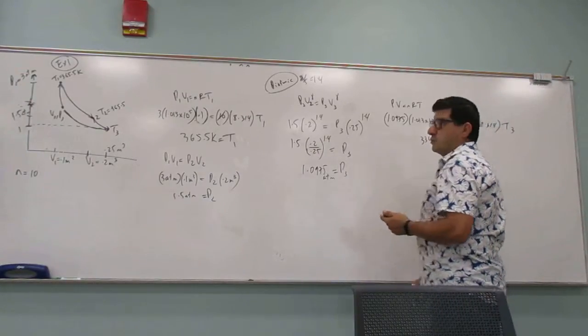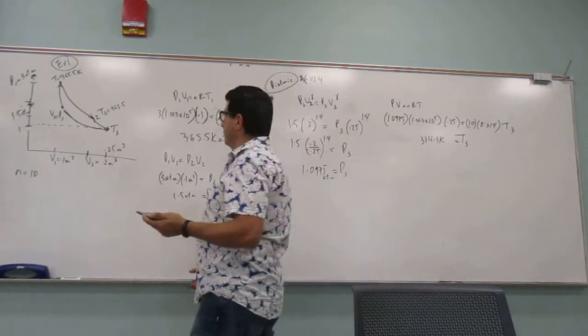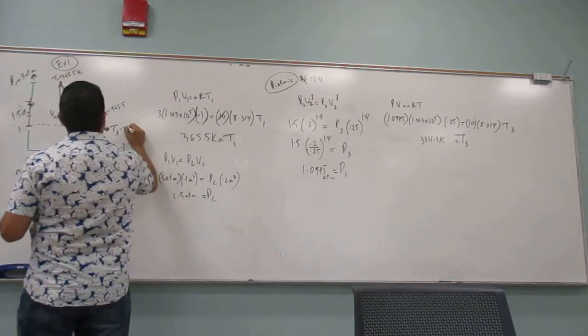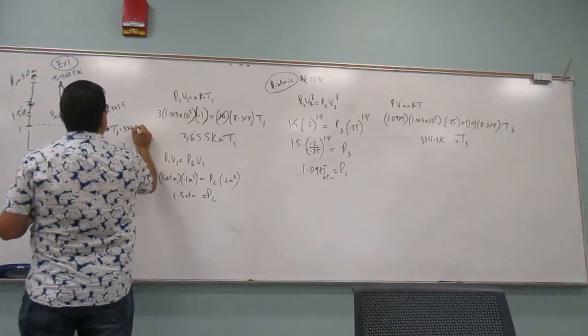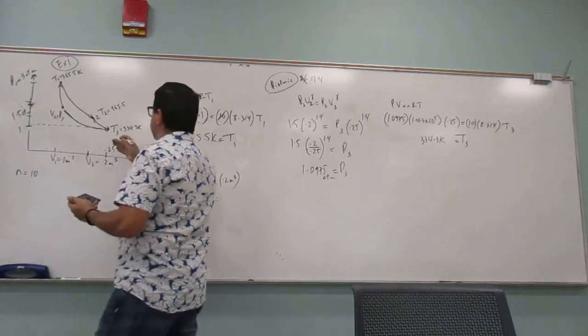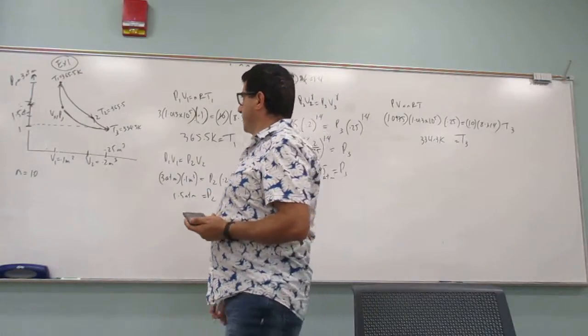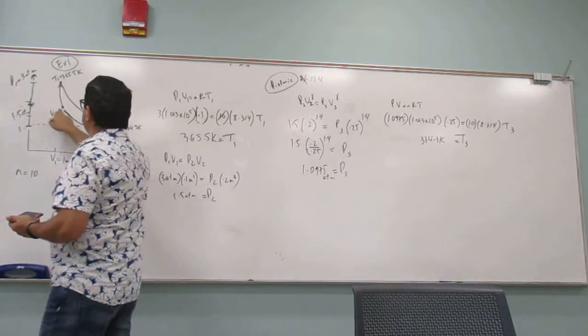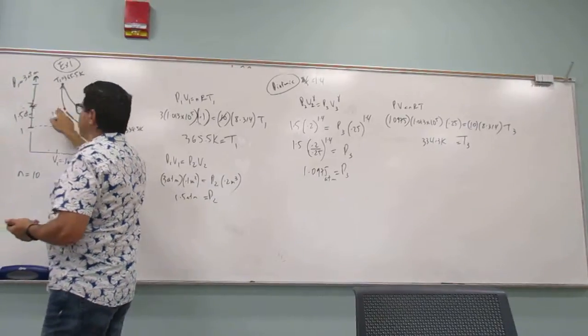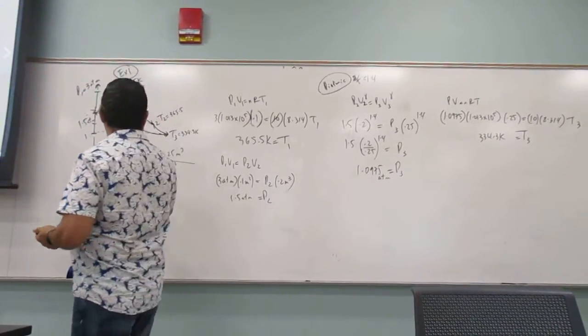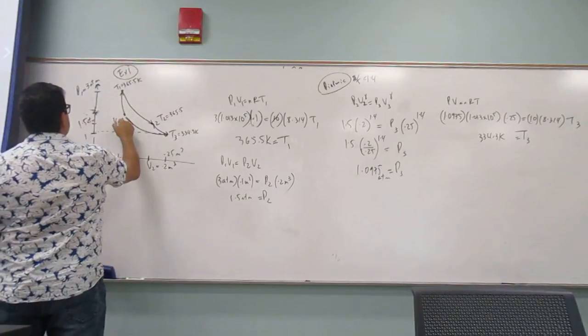334.3 Kelvin. So what happened? It cooled, right? 334.3 Kelvin. The pressure dropped, the volume increased, but it cooled in the process, right? Then how do we find that, V3? Well, from here to here it's isothermal. So actually, this is actually V4, right? V4, P4,